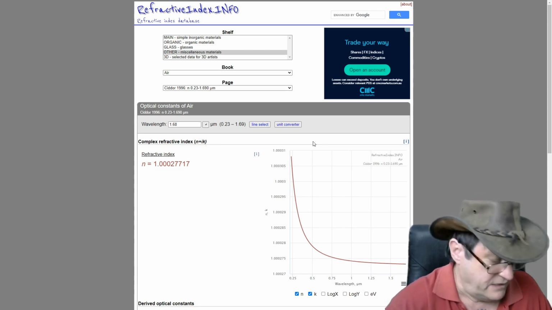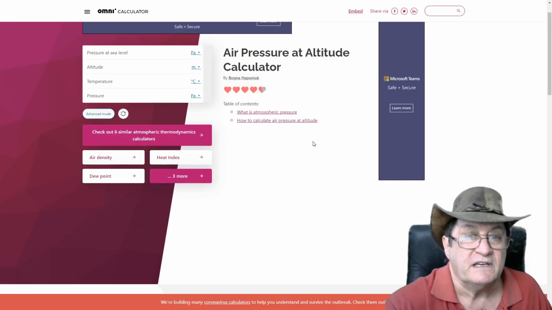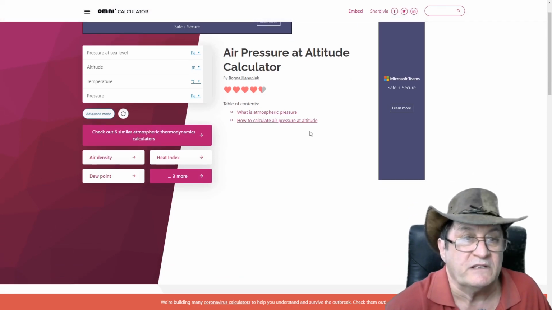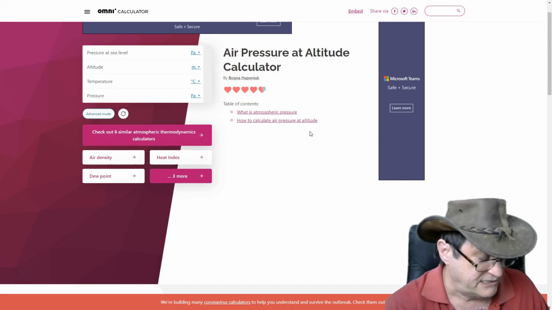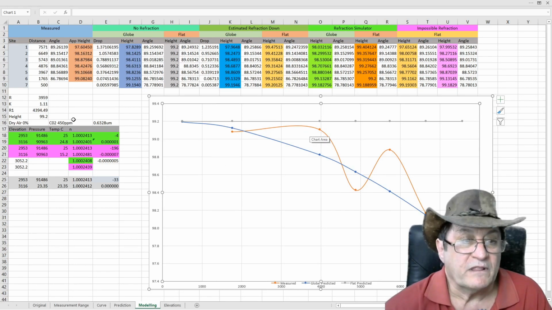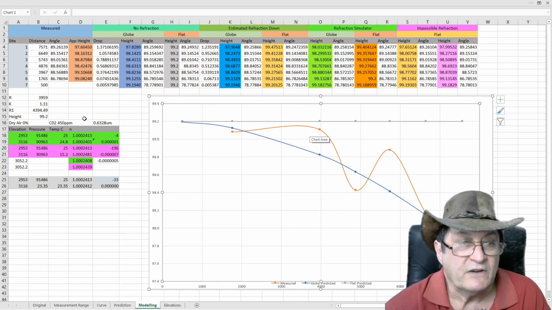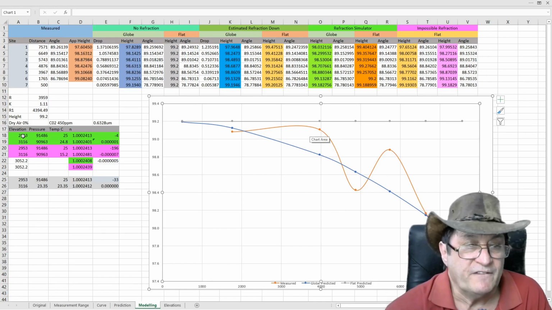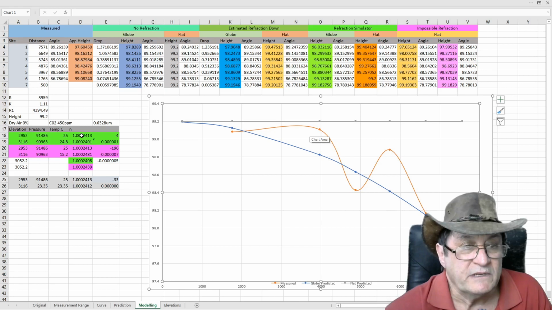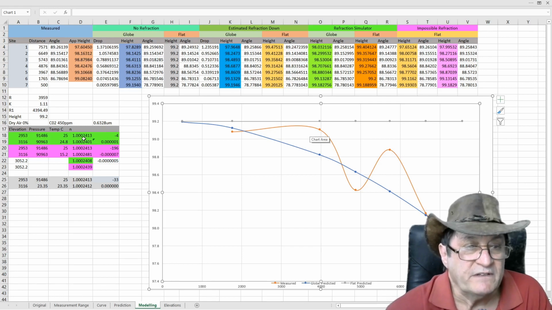The other thing that I would have used, there's an air pressure at altitude calculator, Omni calculator, which I use to estimate what the air pressure might be to feed into the refraction calculation. So back to this, I've got these refraction calculations, so I've used those websites. So at elevation 2953, the atmospheric pressure is roughly that. Temperature I've taken as 25 degrees C, which seems to be around about the temperature when he's doing his measurements. And that gives you a refractive index of